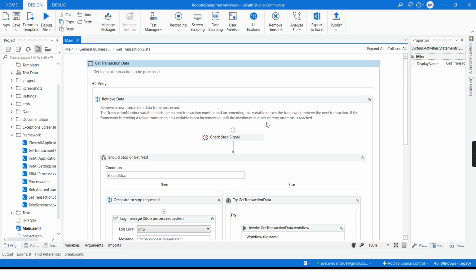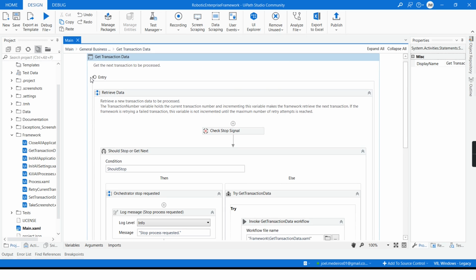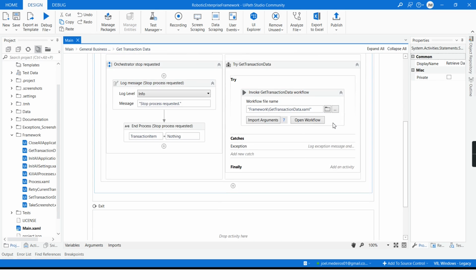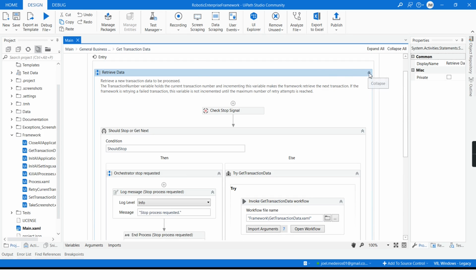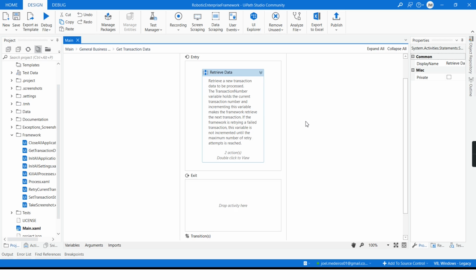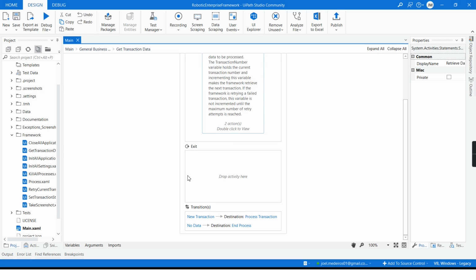In the same way, when I check the get transactional data, I can see that the entry point has several activities. I can minimize this. There is nothing on the exit point, but I can see two different transitions.